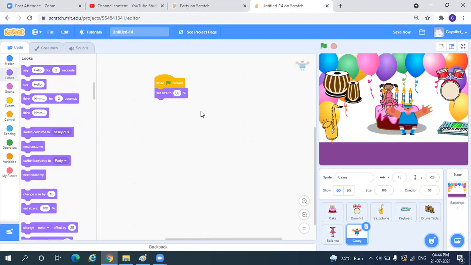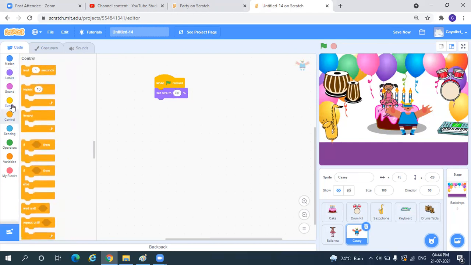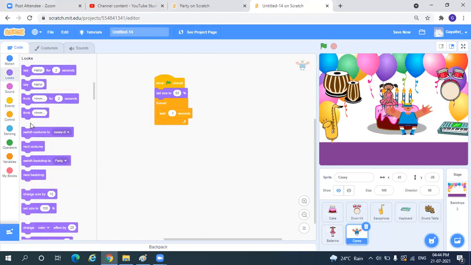Okay, and then go to controls, then select forever block, then select wait for 0.1 second maybe. Okay, then again go to looks, select next costume, right? So I'll place her here.